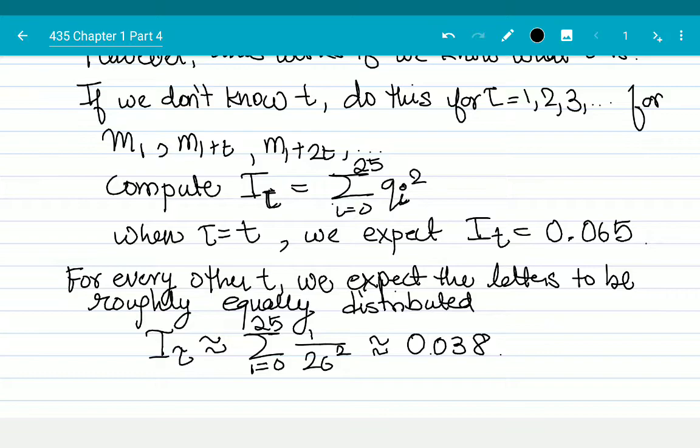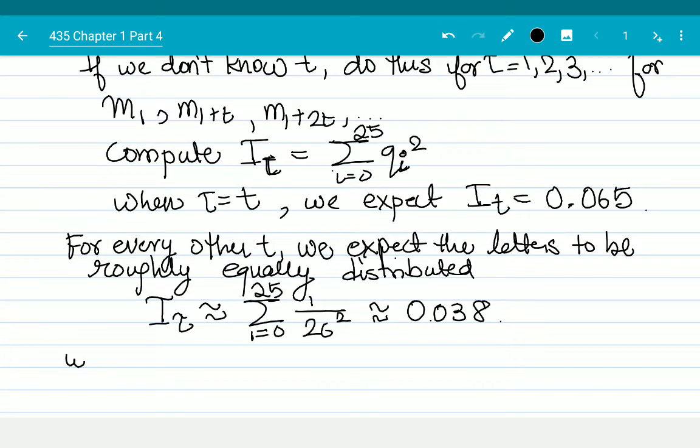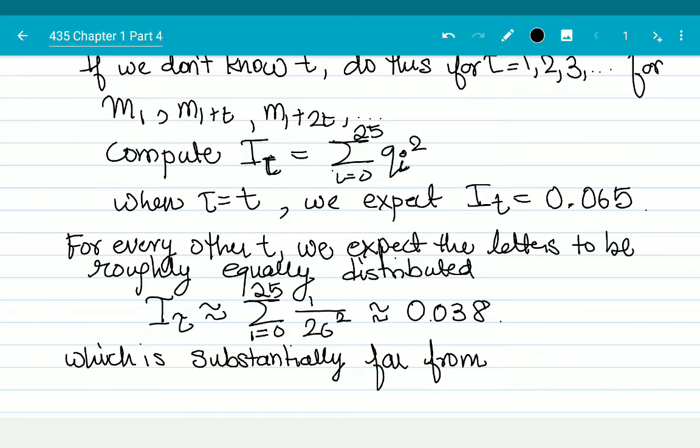This is substantially different, substantially far from 0.065. Okay, and so this is an approach that we can use even against the Vigenère cipher to break it,